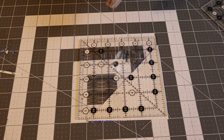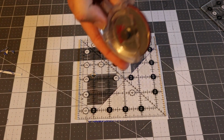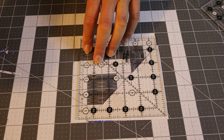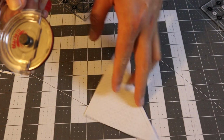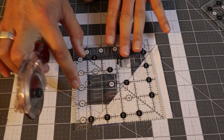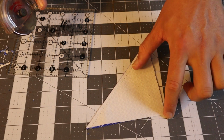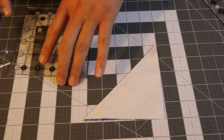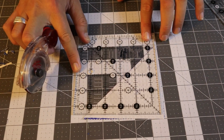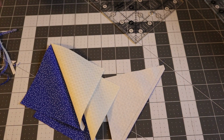And of course you can cut it. Now this rotary cutter is specifically for right-handed people, but you can cut across there. Again, this rotary cutter is made for a right-handed person, but if you are left-handed, you would basically be doing the same thing. It's just that your opening flap is now pointing to your upper left corner. And then you can just line up the ruler like this and then cut it. So now we've got 4 half square triangles